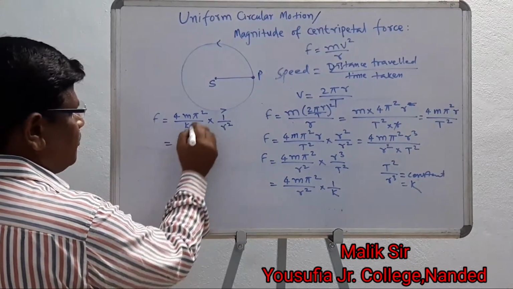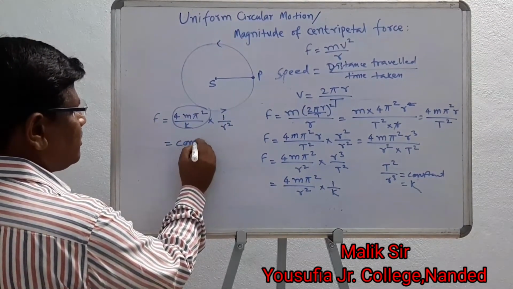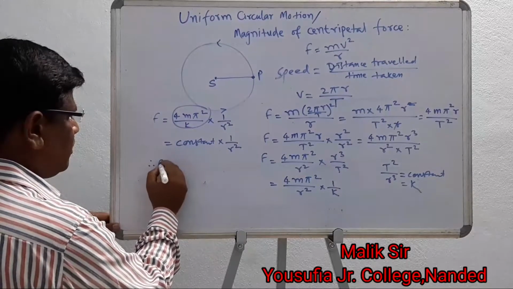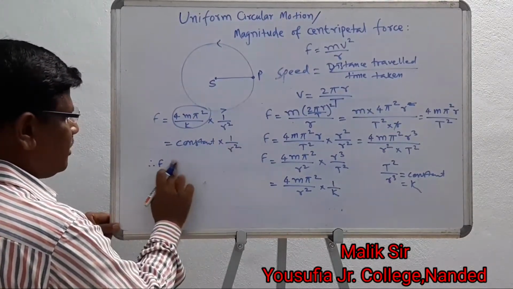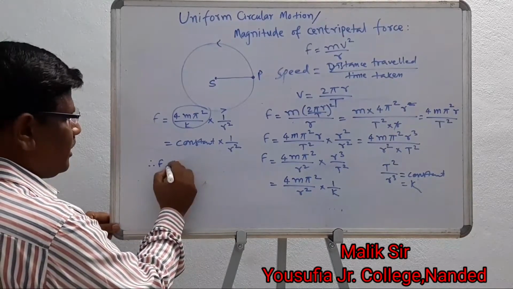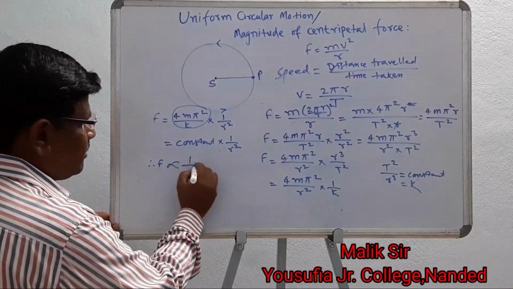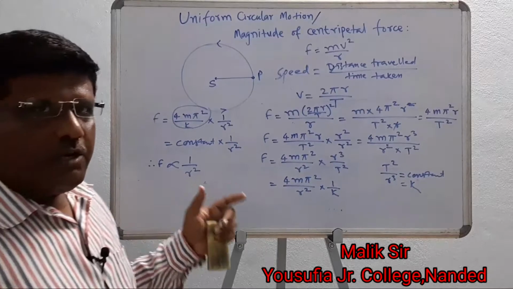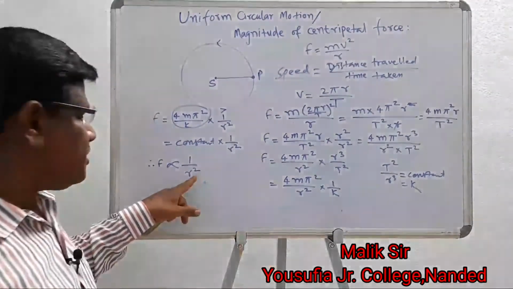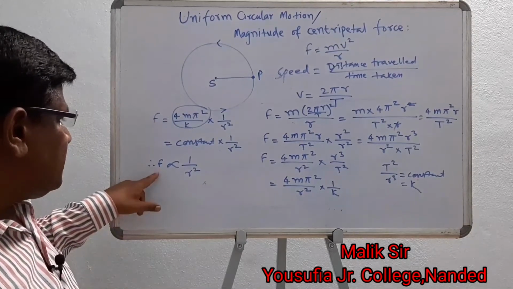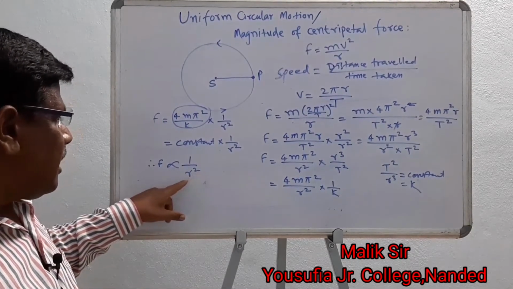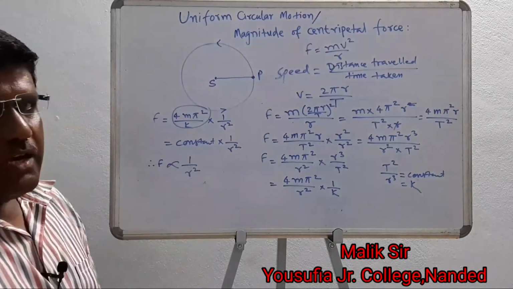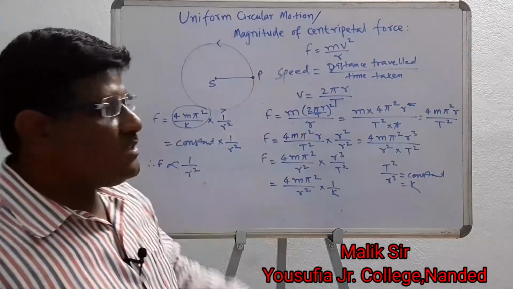So the remaining part is F equal to 4m pi square by k, all constants, multiplied by 1 by r square. So if we write this as constant into 1 by r square, therefore F equal to constant multiplied by 1 by r square. Instead of equal to and constant, we write the proportionality sign, therefore F is proportional to 1 by r square. From this equation, Newton described the inverse square law of gravitation, that is, the force is inversely proportional to the square of the distance between the planet and the sun, meaning F proportional to 1 by r square. This is the magnitude of the centripetal force.